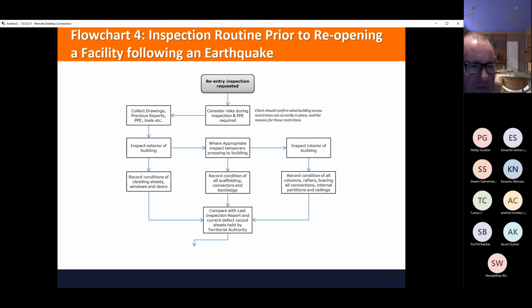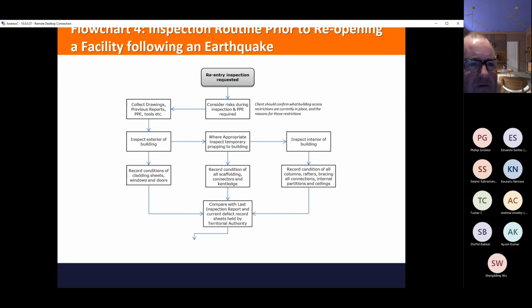Once you're content with that, you can inspect the interior of the building once you've deemed it adequately safe to go in. Record the condition of both the inside and the outside, as well as the temporary structures, temporary works, scaffolding, and so on. And then compare those to what was recorded last time, if there has been a previous record.